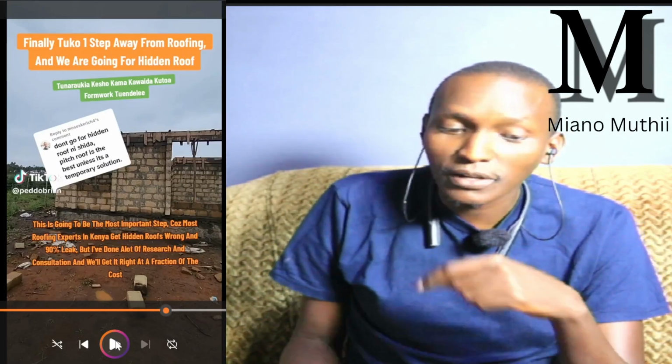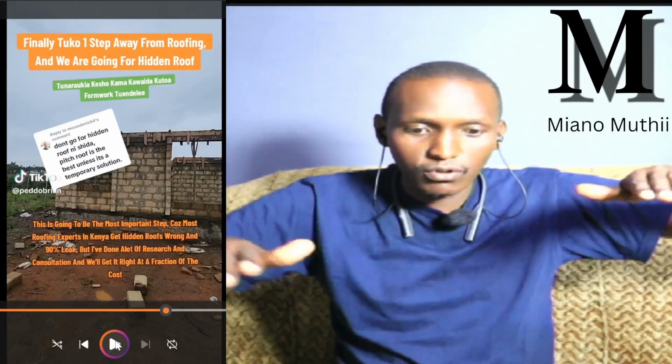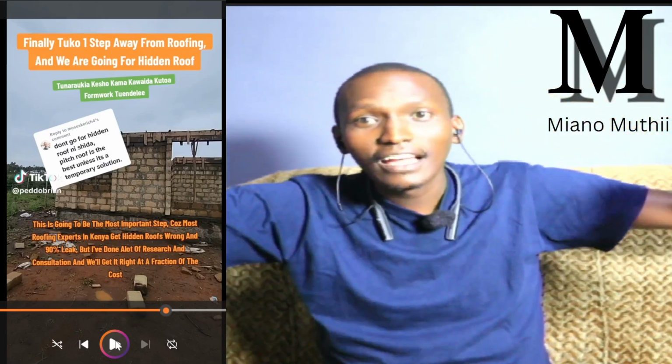But now hakutimiza hii Kenya alikuwa ametuambia because he later changed the design of the house as utakuja kuona which I think alisave do na akachange the design then the design will be for the benefit especially for hiyo nusu so hana hidden roof side zote mbili atakuwa na hidden roof only at one corner na hiyo maji itakuwa inamwaga kwa hiyo aliweka slab kwa another one half of the house so hiyo maji itakuwa inamwaga kwa slab inaenda nje so history ya hidden roof he had some solutions which you can see here but hakutimiza but I would like to see that hata naweza taka kumtafuta atupatia proper solution ya hii story juu niambio nitafute solution mimi si ni engineer